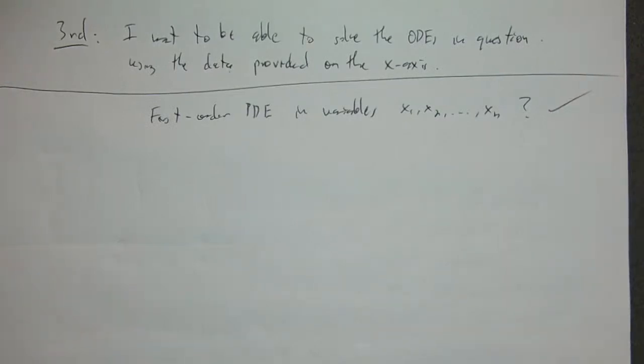Yes, not a problem. This can be adapted for however many independent variables. It doesn't matter. The number of independent variables doesn't affect this since it's first order. That's the main thing. And so let us have a look at some specific examples